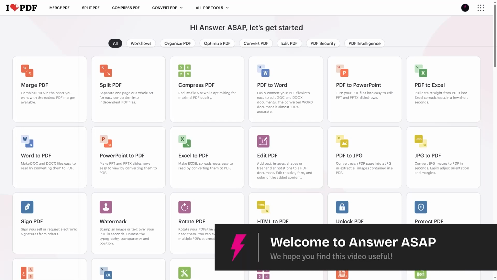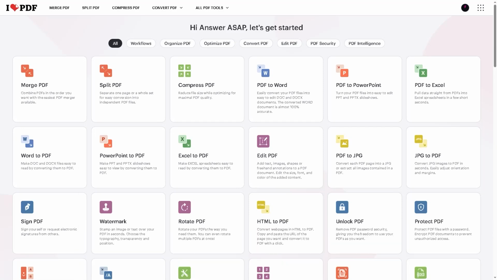In today's video, we are going to show you how to cancel your subscription in iLovePDF. Let's begin. Now, the first thing that you need to do is log in using your credentials, and then on